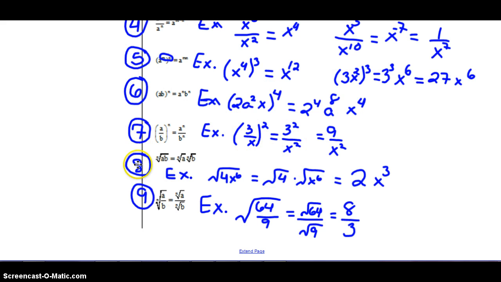I went ahead and filled in the next three rules as we went over radicals the other day, and we will practice these when